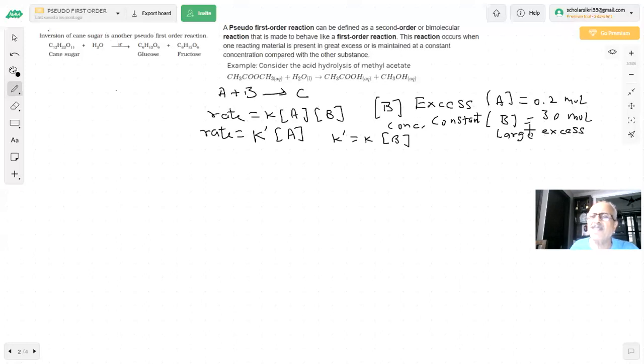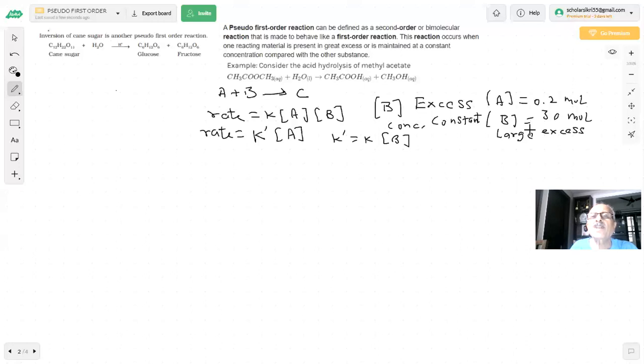So a large number of reactions are known in which some catalyst is added. So in the presence of the catalyst, what happens there? The reaction in which one of the reactants doesn't appear in the rate law behaves like a first order reaction. For example, here we have given an example of this.